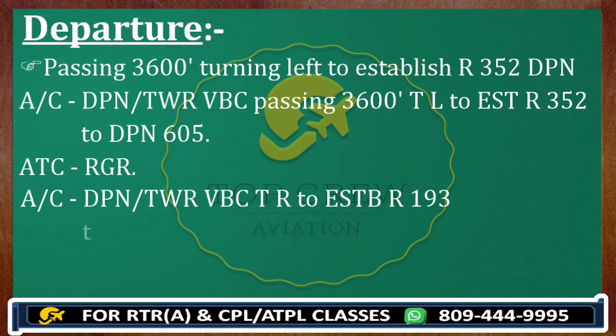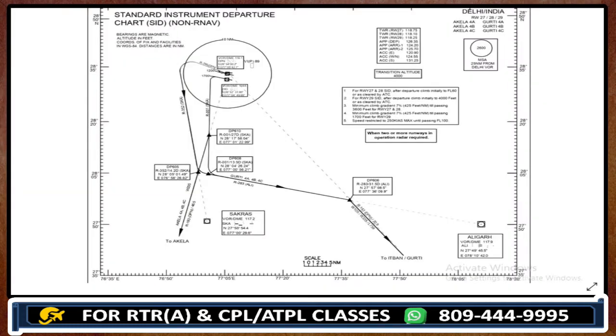So this is how you will follow all this information of the SID, and ATC will continue to tell you Roger, and go ahead or copy, in case you are going to cross the jurisdiction of ATC. Then ATC is going to transfer you to the next authority. So guys, keep it in mind, this is just for exam purposes. Do not follow all these things for practical flying, because we are here doing preparation and giving you examples so that you can qualify your exam.